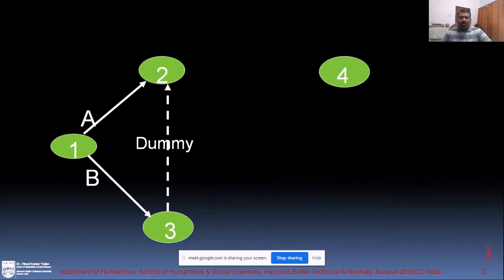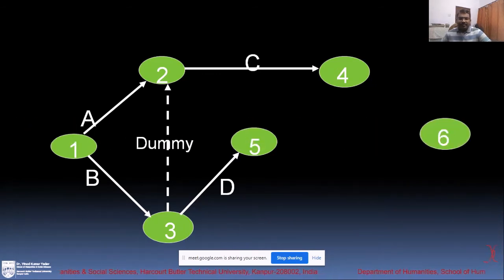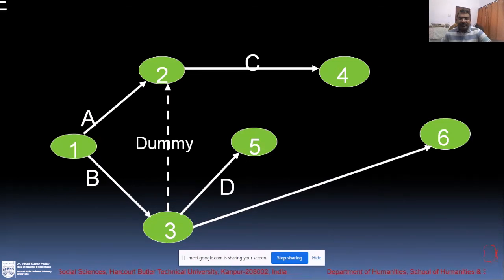Now this C is following A, so you can understand that 2 to 4. This D is following B, and this is also following